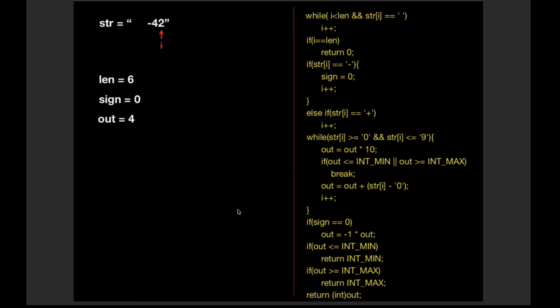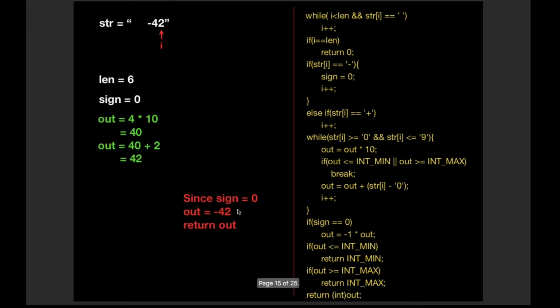Since 2 lies within the range 0 to 9, we again multiply out by 10 and then add the integral value of 2 to out. So the value of out is 42. Since the value of sign is 0, that means the numerical value was negative. Therefore, we multiply out by minus 1. So the value of out is minus 42, and we return out.